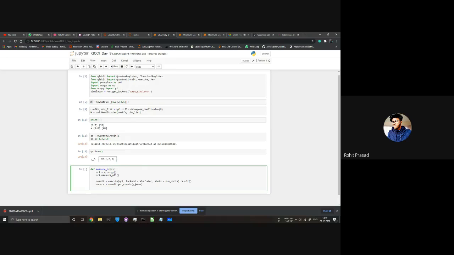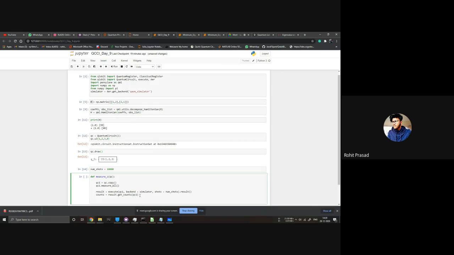So these are the simple codes for executing it on the simulator, right? You have learned about this. Put in your circuit, put your backend, give the number of shots. Let's define it before our loop. Let's define it to be 10,000. Then a dot result gives us the result. Then this gives us the counts.